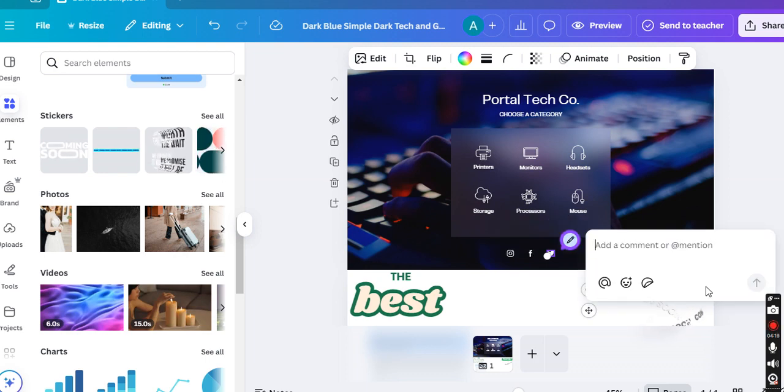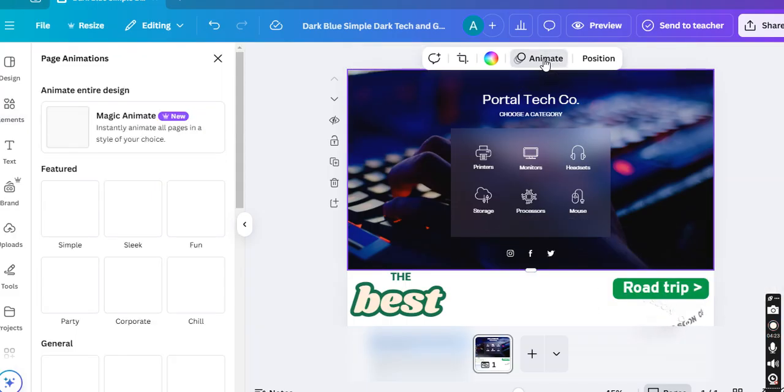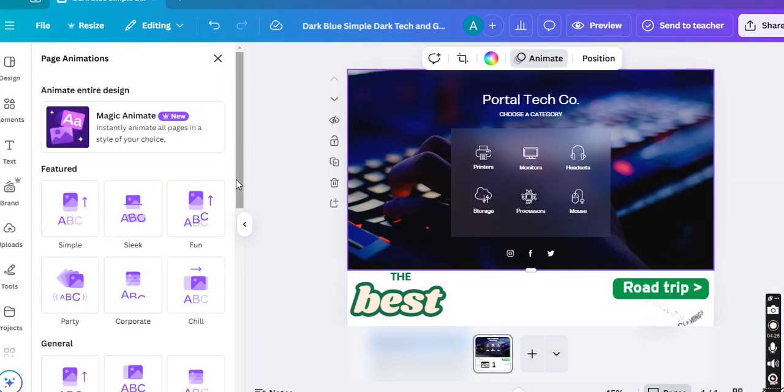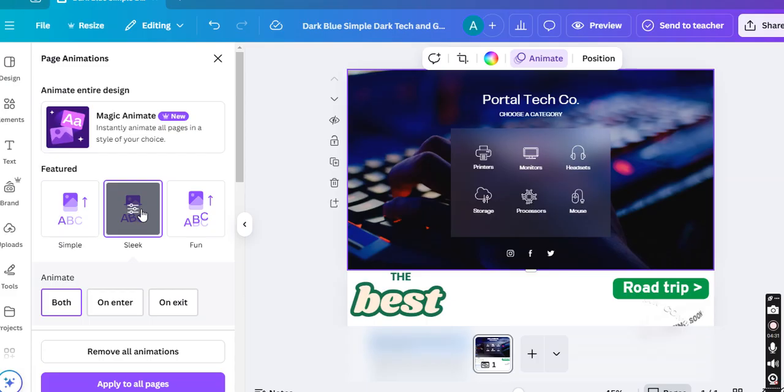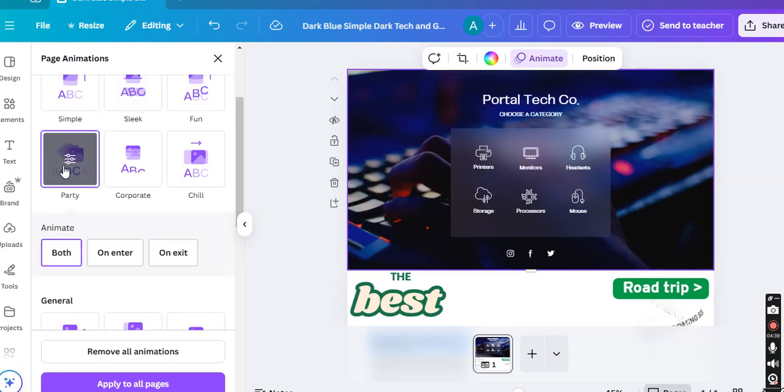Comments, you can add comment here also. Okay. So you can put some animation also here in the website, like this one. Okay,